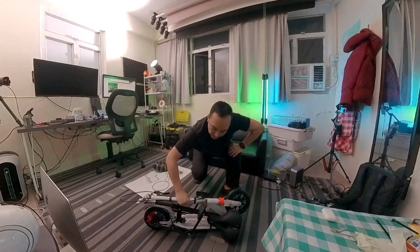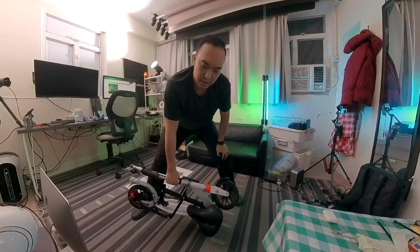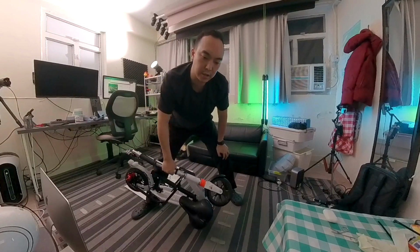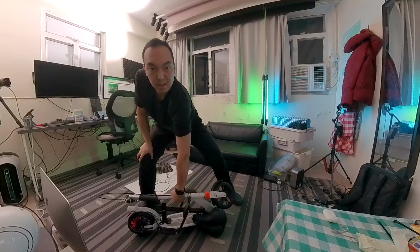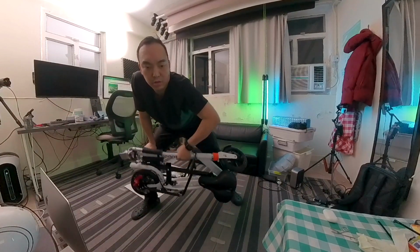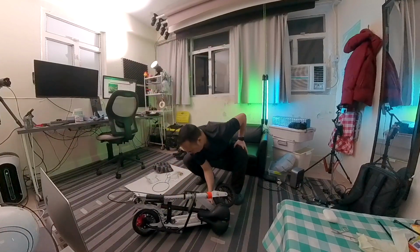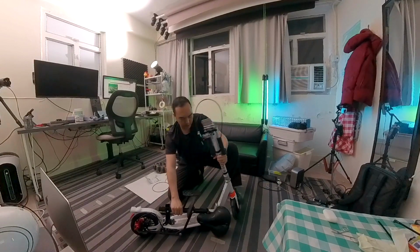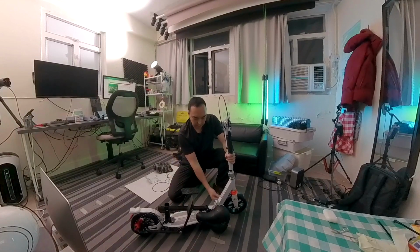If you don't press the latch, it's actually a good feature. You can use this to do, what's this called? A bench press or whatever. You can do your exercises on this. Give me 5 reps of the scooter. Okay, so I'm gonna depress this lever, and then you can see it goes like that. Clicks into place. There's also another lever here which